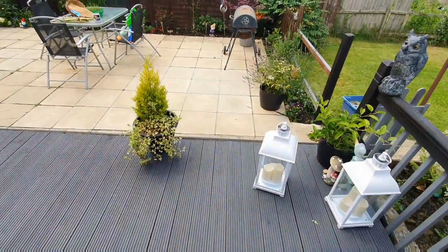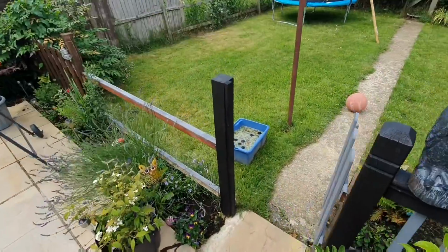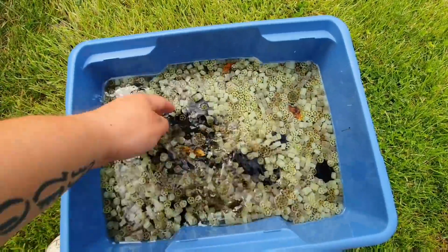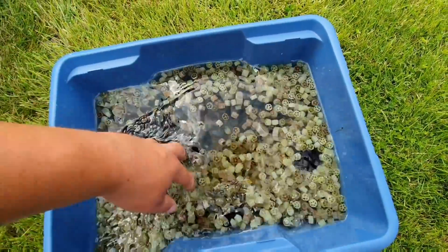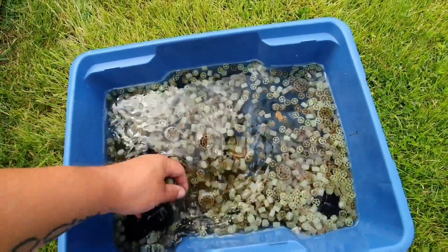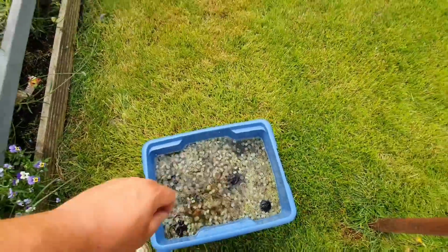For my K1 that I couldn't fit into my other tub, my new bio tub. All this here, this was all the blocked up stuff. I've rinsed it through once. Now I've got to rinse it through again because it's still real mucky, look. And I'm going to put it in that sack, and I'm going to have it